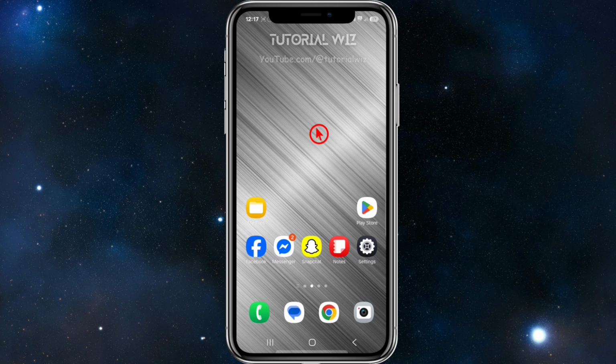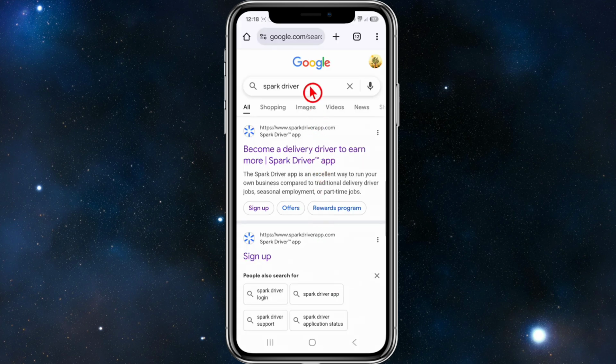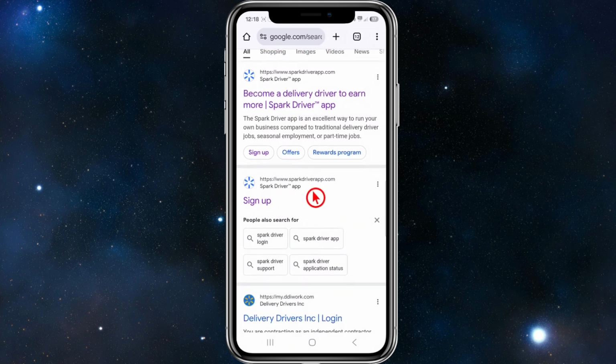In saying that, let's just jump straight into the video. Alright, to do this we need to open up a web browser and then go to Google. Now in Google type in Spark Driver or even Spark Driver sign up and look for this here from sparkdriverapp.com sign up. Click into there